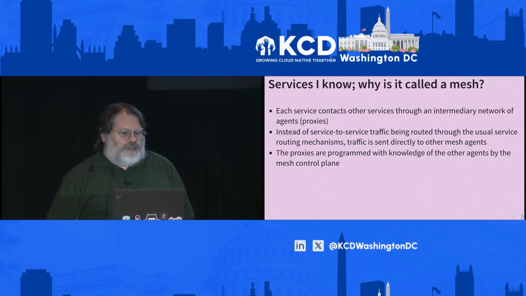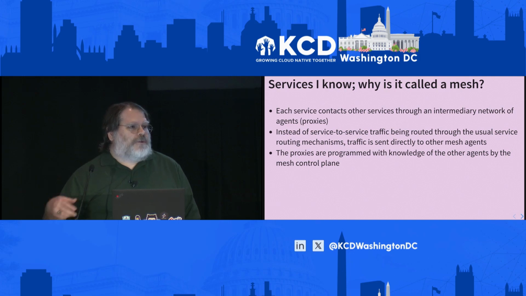So why is it called a mesh? It's because we're not just deploying 2 proxies in the environment. We're going to be deploying a whole fleet of proxies across that environment, because we're going to put one proxy typically next to every instance of every service in that environment. And so instead of the service-to-service traffic getting routed the usual way, which in a legacy environment might mean going through a router or various other hardware, in Kubernetes it means going through the service abstraction,